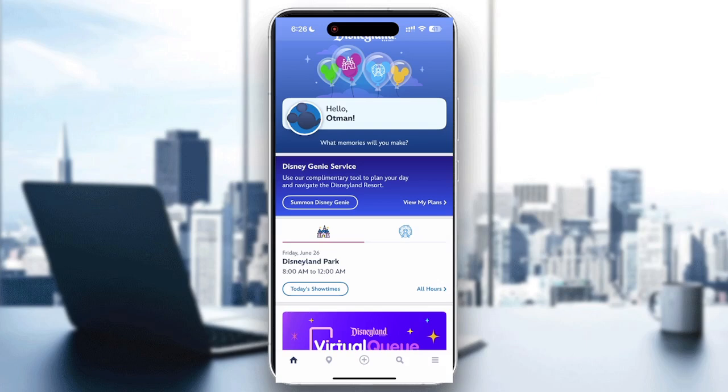When you reach the entrance, open your ticket barcode in the app, hold your phone under the scanner when instructed, and wait for the barcode to scan successfully, and you will be admitted once your ticket is validated. Okay, so after that, complete the entry process. Depending on your ticket and park procedures, a cast member may verify your admission,